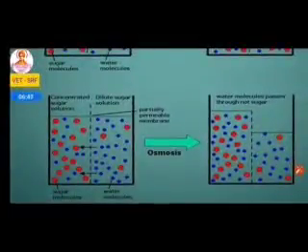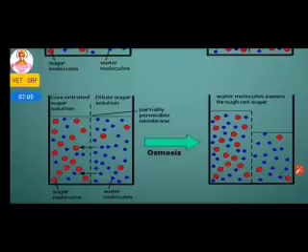So now we shall move to osmosis. See here, osmosis. What happens in osmosis is that the movement takes place, but the sugar molecules do not move from one region to the other. Only the equilibrium level has been reached without the molecules passing. The water molecules pass through, not the sugar. Here the sugar molecules do not pass, only the water molecules pass, and they maintain an equilibrium level.